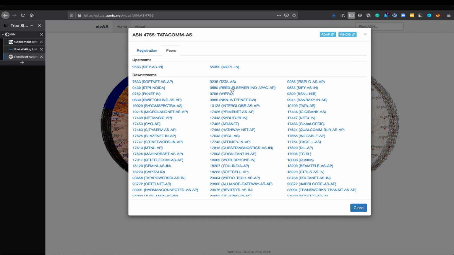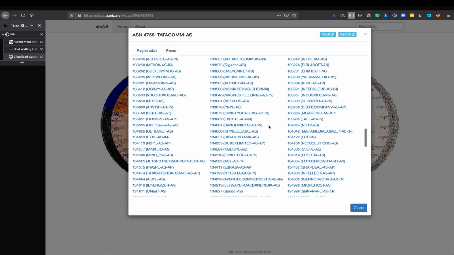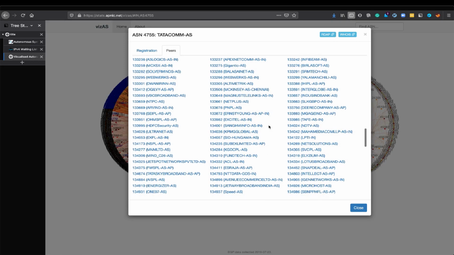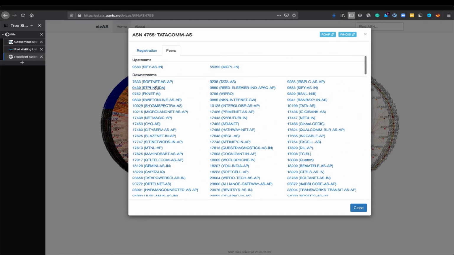The upstream basically means that Tata Communications is paying these companies, or these autonomous systems, to propagate their routing tables to other autonomous systems. Okay, so basically, if any of these two upstreams get a packet or get traffic for Tata Communications, they forward it, and that is what they charge for. Okay, and Tata Communications has a lot of downstreams as well. So basically, these are the autonomous systems that pay Tata Communications to forward packets to these guys. Okay, so there are a lot more downstreams because